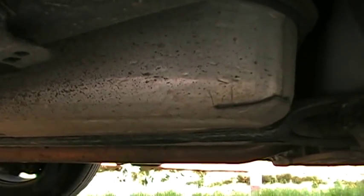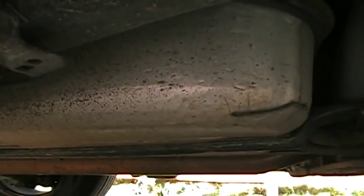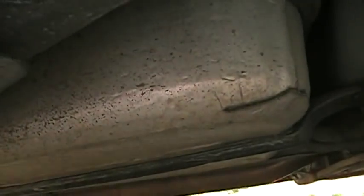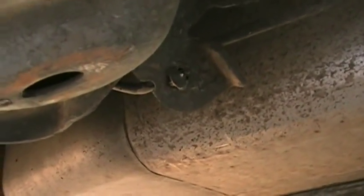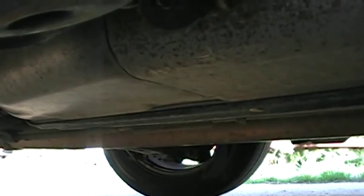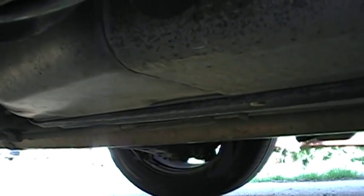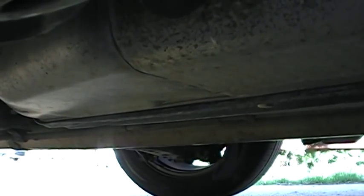My opinion on the steel versus plastic is that the all-wheel drives had the steel. That could be one possibility, or it could be that there's different emission standards between different models, and it could be the configuration for the all-wheel drive schematic is different. So that could be it. All of those could be factors. They could have made different ones for all-wheel drive. They could have made different ones for different emission standards between different states,